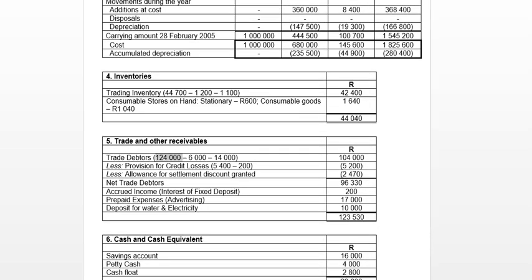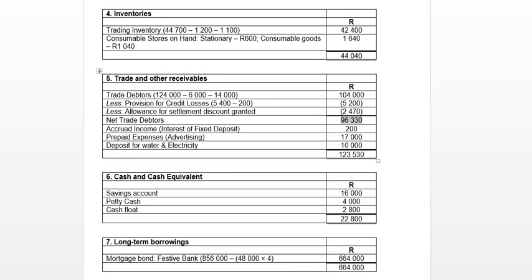Okay, so it's our trade debtors. Our balance according to our trial balance of 124,000 Rand, minus the 6,000 Rand which we received from Ms. Tumele, minus the 14,000 Rand which we had to write off. So in total our trade debtors is 104,000 Rand. We need to subtract our provision for credit losses as well as our allowance for settlement discount granted. And that we determined to be 5,200 Rand for the current financial year and 2,470 Rand for the current financial year. So our net trade debtors is